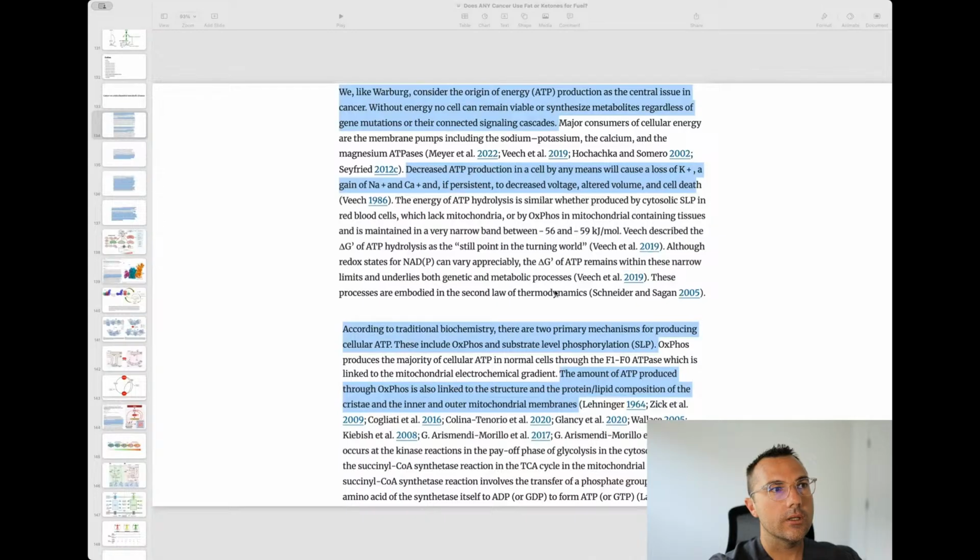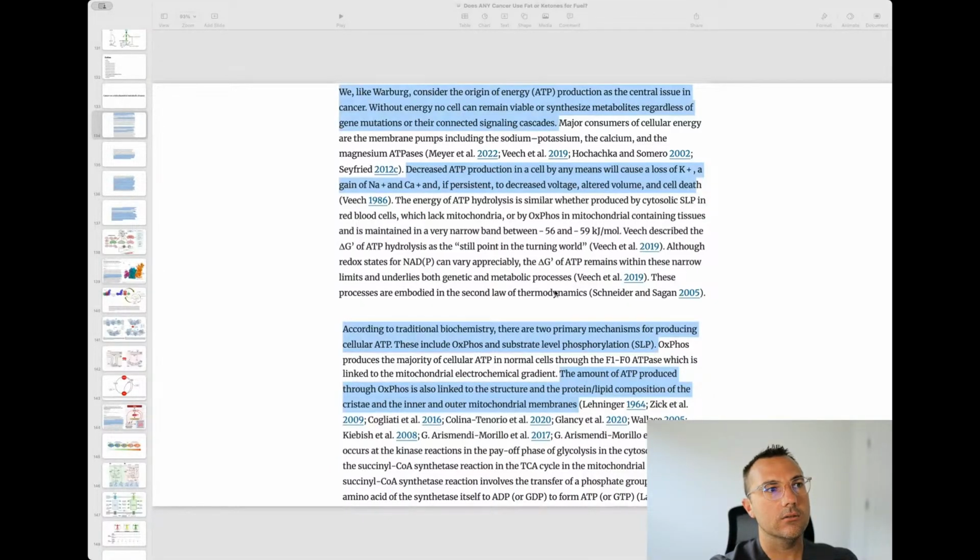because even though these cells may have gene mutations, they may have aberrant signaling cascades, for example, the AKT, PI3K, mTOR pathway, or VEGF, or some kind of a growth signaling pathway like HER2, any of those signaling pathways, what do they ultimately do? We've looked at this over and over again. They upregulate glucose and glutamine somehow, because ultimately, like it says here, the central issue is that if there's no energy,